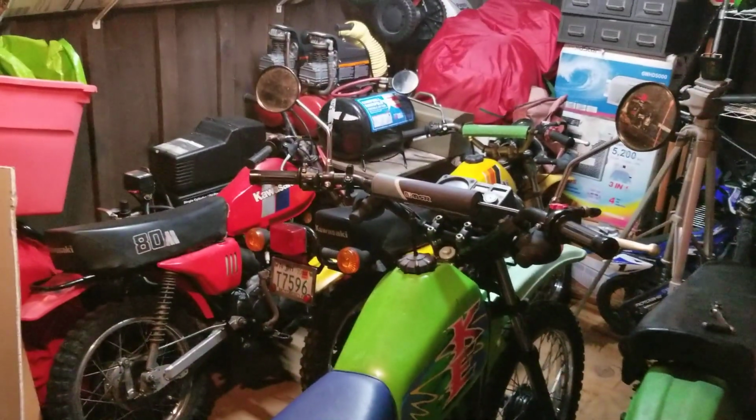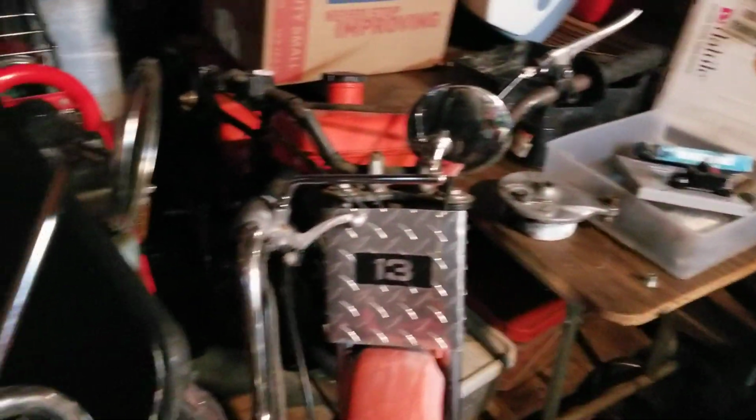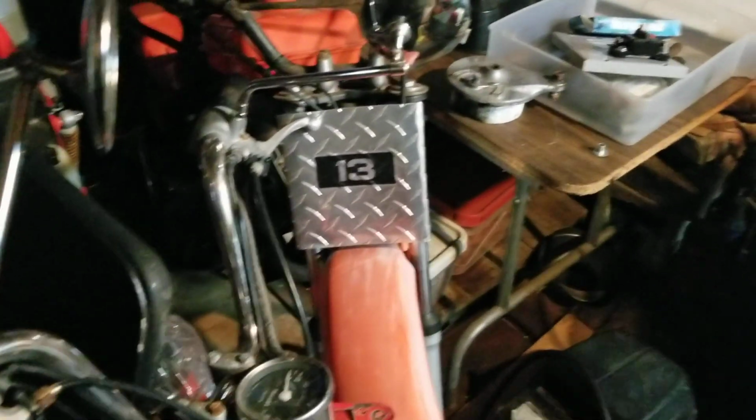So, sitting here in the shed with all the bikes, just chillaxing. We've got to get to the Harvey Spooner one this week. I'm going to start on that on Monday. That's going to be going in there, guys, and we're going to be going through that bike. So that's for Monday. But today, we're working on the